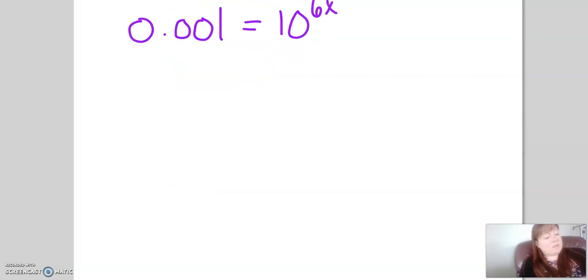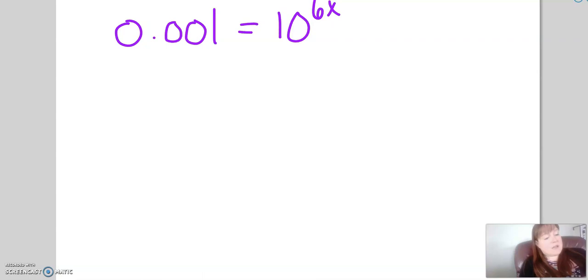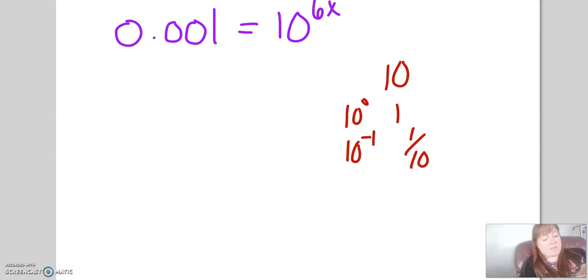Now this one might look a little bit trickier because it doesn't have an apparent common base, but let's think about it. This has a base of 10, so can I write this other one as a base of 10? Well, let's see, 10 to the 0 is 1, 10 to the negative 1 is 1/10, which is also written as 0.1, right? And then 10 to the negative 2 is 1/100th, which is also written as